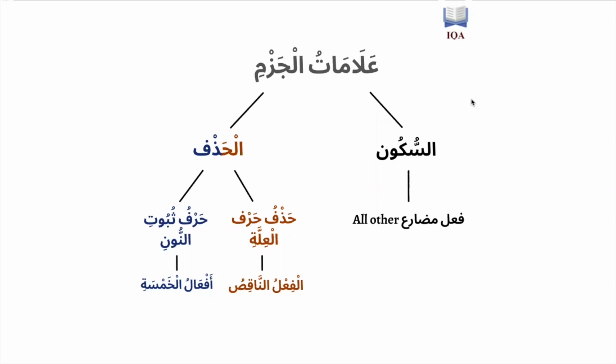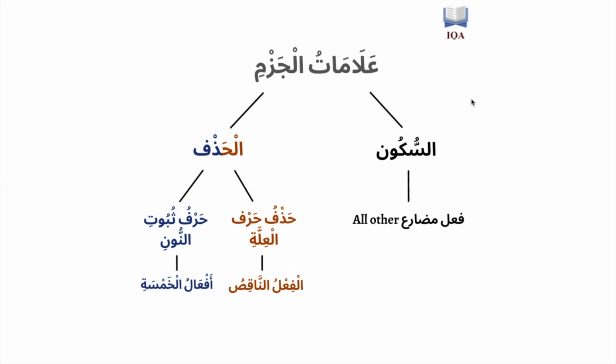So we know that i'rab is a changing that you see at the ending of a word because it's a changing of active elements entering upon it. So Muhammadun becomes Muhammadin, becomes Muhammadan. Why? Because there is an active element like fi, for example, or inna, for example, that's coming and that's changing its i'rab. So i'rab is a change you see at the end of the word because of the changing of active elements entering upon it.